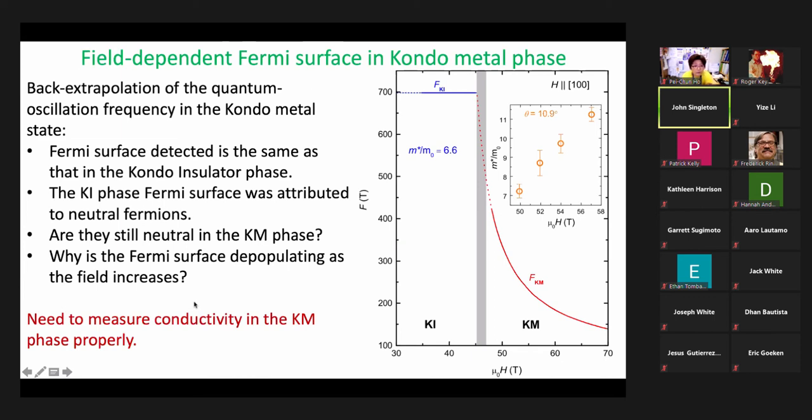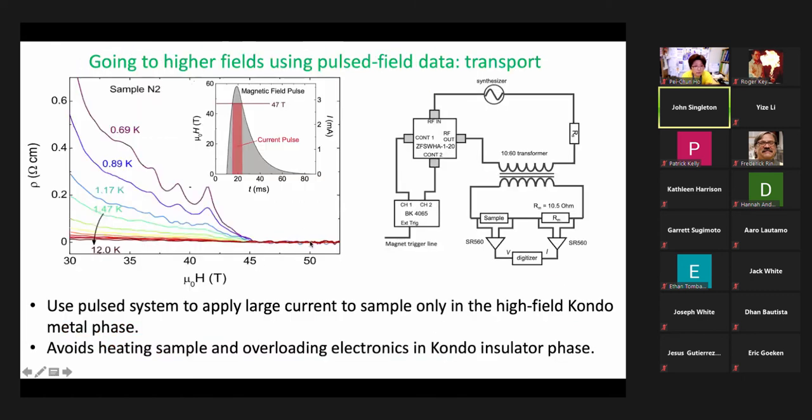To understand these things, we need to measure the conductivity in the Kondo metal phase properly. So you remember that the Kondo metal phase had this very, very low resistivity. So if we're going to put a big current through here to measure it, a problem would be that in the Kondo insulator phase, we'd probably blow the sample up or blow the contacts off or create an enormous signal which would saturate the amplifier. So what we do is we set up this system over here on the right of